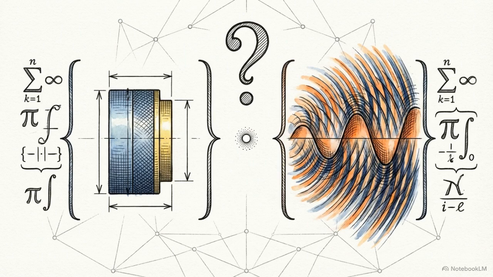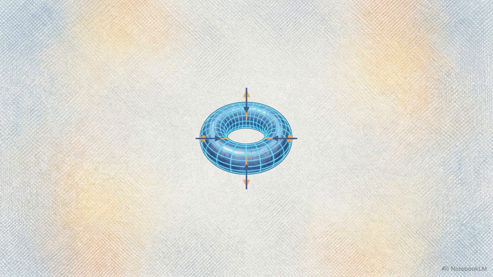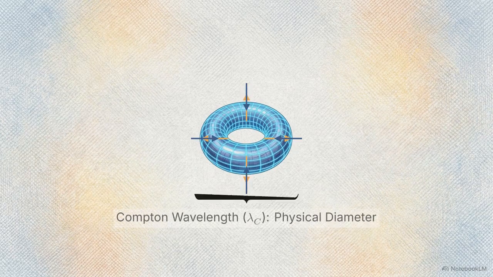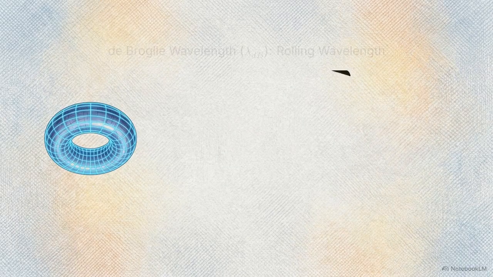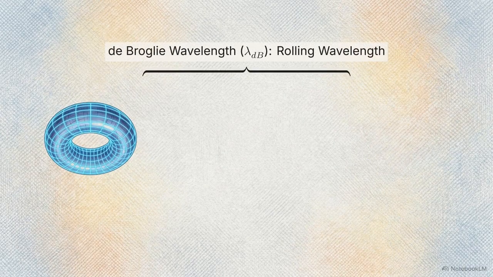Standard quantum mechanics assigns two distinct wavelengths to a single point particle, the Compton wavelength and the de Broglie wavelength, leaving their relationship unexplained. In the one-field model, the Compton wavelength represents the literal geometric diameter of the resting electron, dictated by the equilibrium of vacuum pressures. When the electron moves through space, its internal cyclic rotation interacts with its forward translation. This interaction creates a spatial beat frequency. The de Broglie wavelength is this physical, rolling wavelength of the moving soliton.